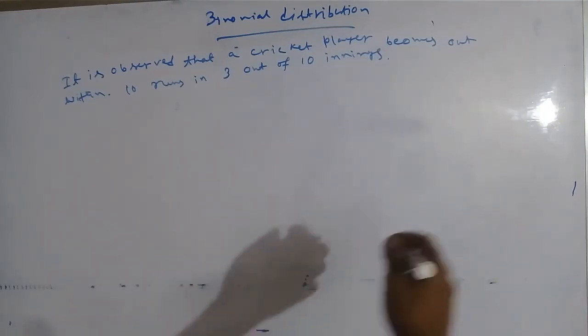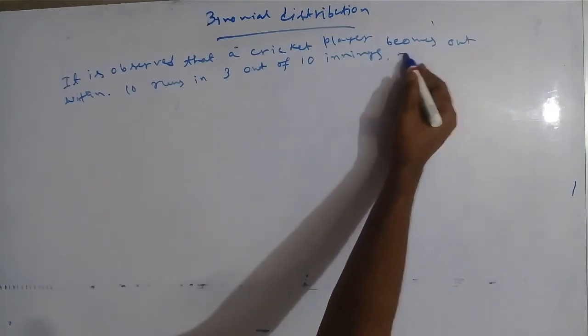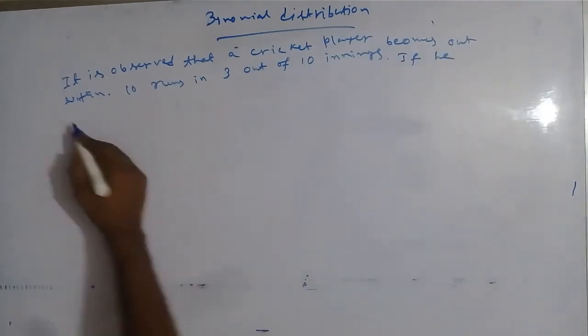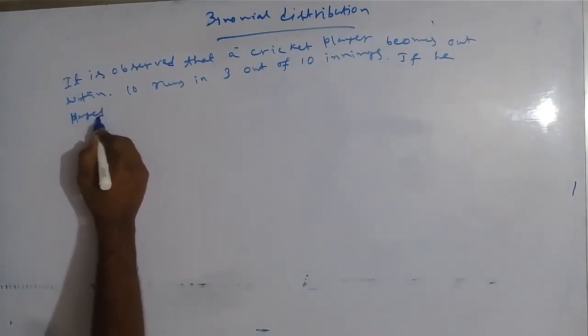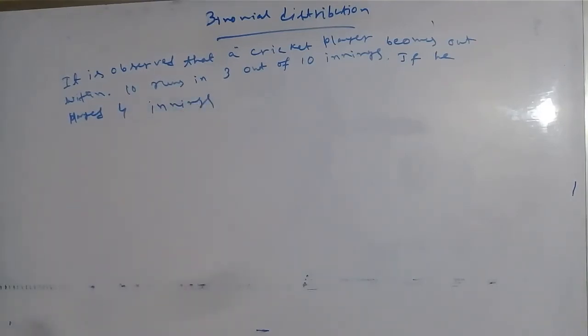If he played 4 innings, what is the probability